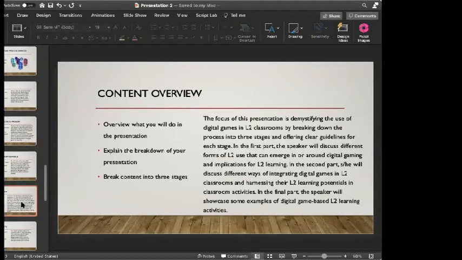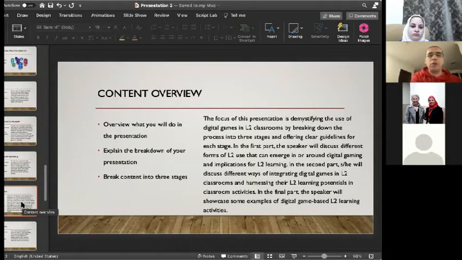Next, you have to give an overview. You have to give the conference reviewers an idea about the flow or the organization of your presentation. You want to explain the breakdown of your presentation. And typically, you should do that in 3 stages. So the first part of the presentation, I'm going to do this. In the second part, this. In the third part, this. So 2 or 3 parts, depending on how long your presentation is. But usually it's 20 to 30 minutes. So I would say 2 to 3